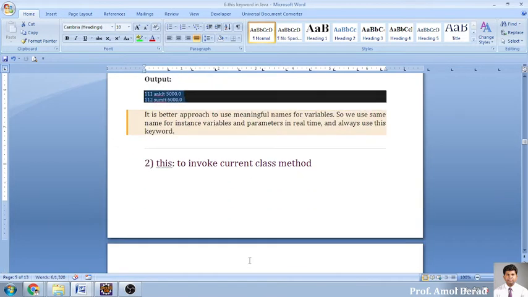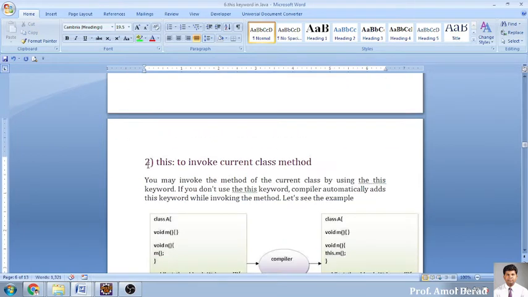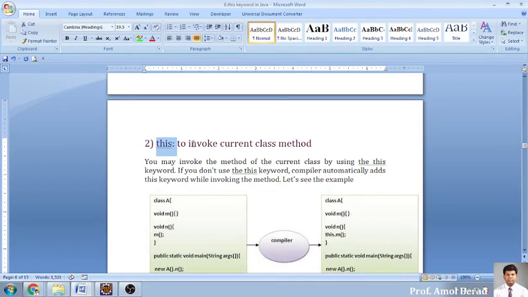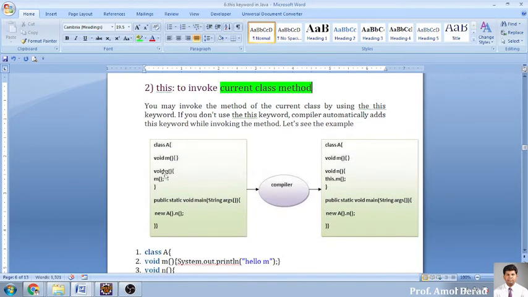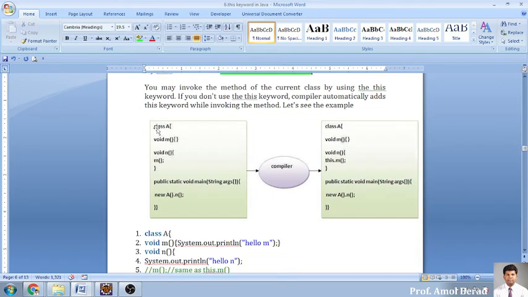The second type is to invoke the current class object. Now everyone knows that you can invoke the current class. Just like this is a small example that I have created: a class with function m and function n. I am internally calling the m function from n. In the main function I am creating a new